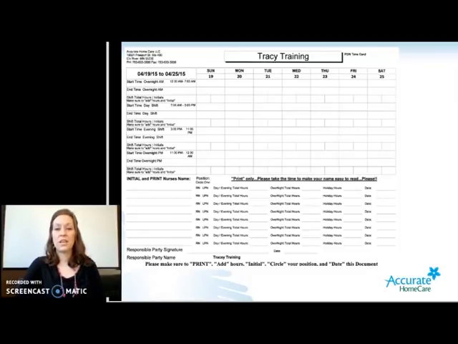It is the responsibility of the last person who works in the home on the week, whether that's usually on Sunday sometime during the day, or at the end of the shift on Saturday. The person who works last and the time card gets filled up needs to take the time card to the responsible party and ask for a signature. So on the bottom of the time card, it says here responsible party signature, responsible party name. Tracy Training in this example is her own responsible party, so she would need to sign on the line and then date. Her signature indicates that everyone was there when they said that they were there, that everyone worked shifts